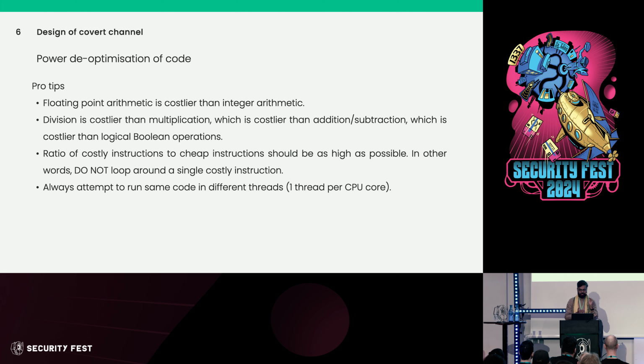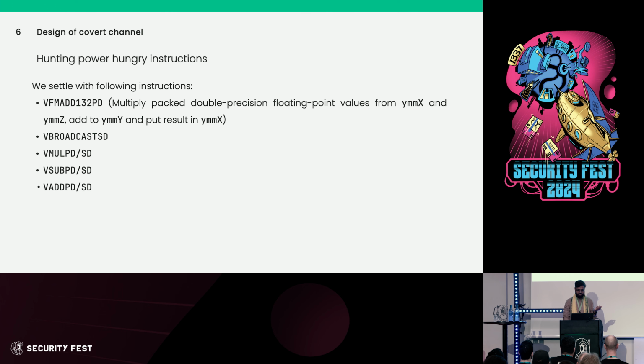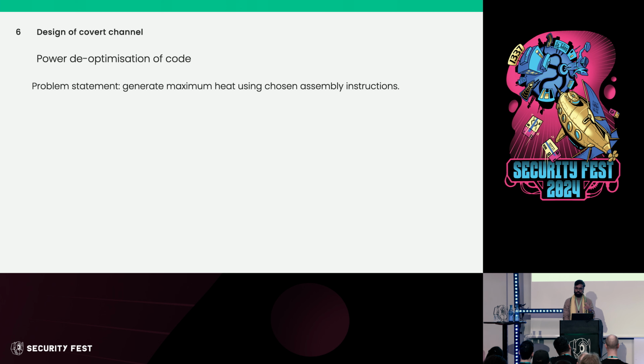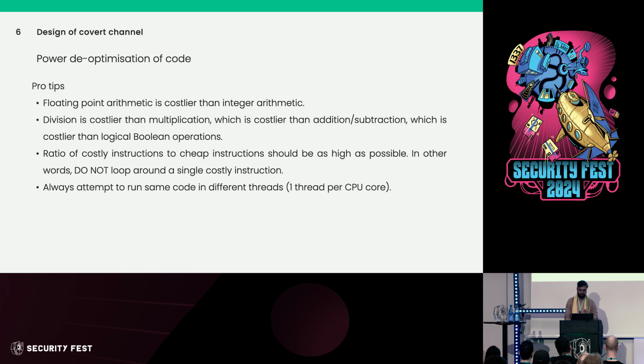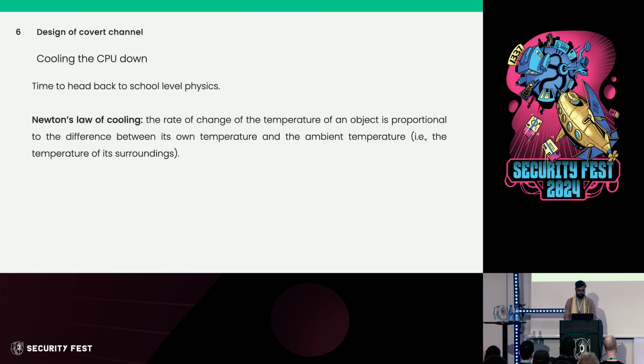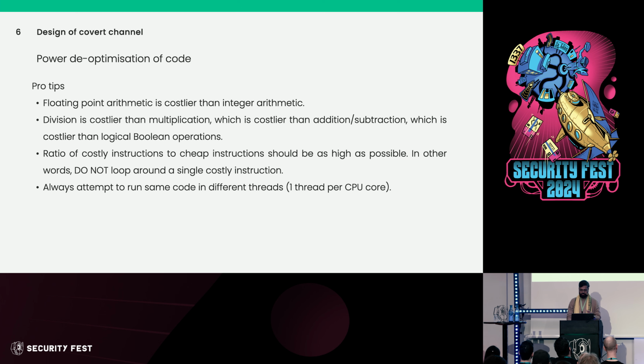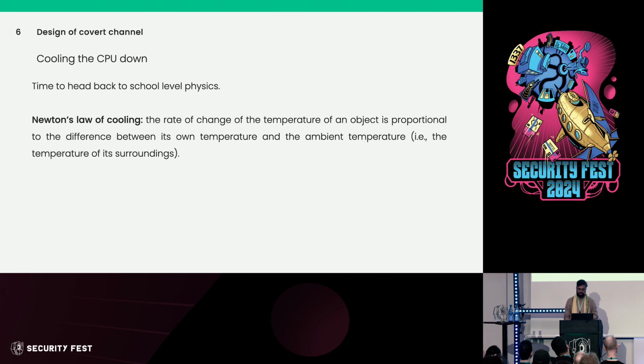And one practical advice is that if you want to do something like this, you need to pack multiple instructions in a tight sequence. You can't pick one instruction and loop around it. You have to pack multiple instructions, make a hot loop, and then loop that entire set of instructions to make the CPU go hot. And since our CPUs are multi-core as of now, we take the same code and run it on all the cores at the same time. Now, doing this, we will be able to heat our CPU die, but now we want to cool it down.